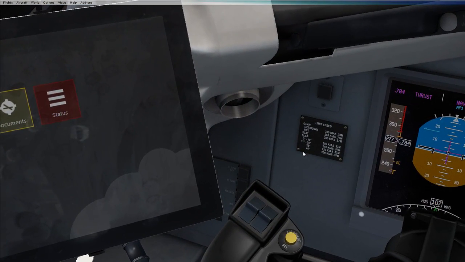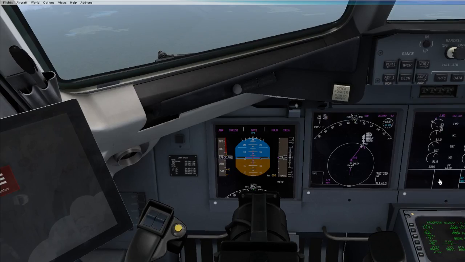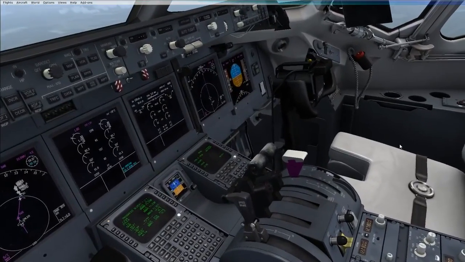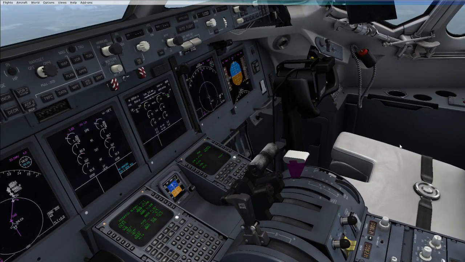Oh, just seen a little speed placard. So, maximum flap extension speed. Oh man, that's awesome. So basically, as long as you're under 200 knots, you can dump flaps 40. I mean, you might balloon 4,000 feet, but if you got in a pickle, you could. If you get in a jam,